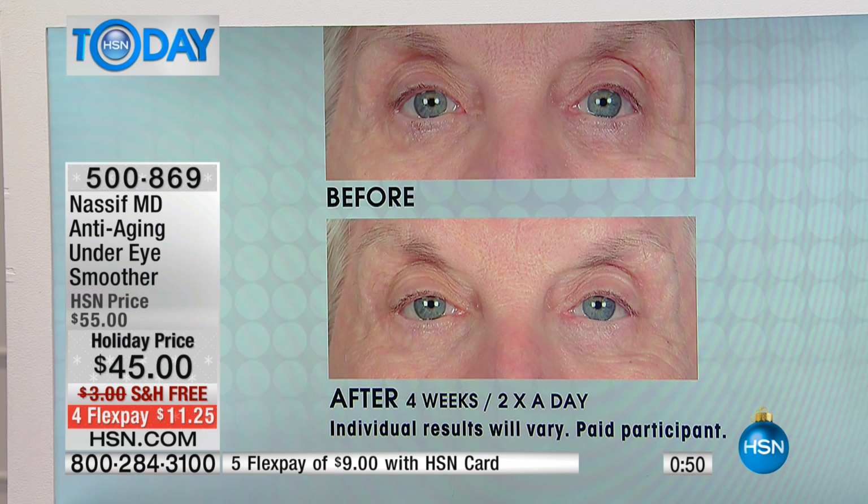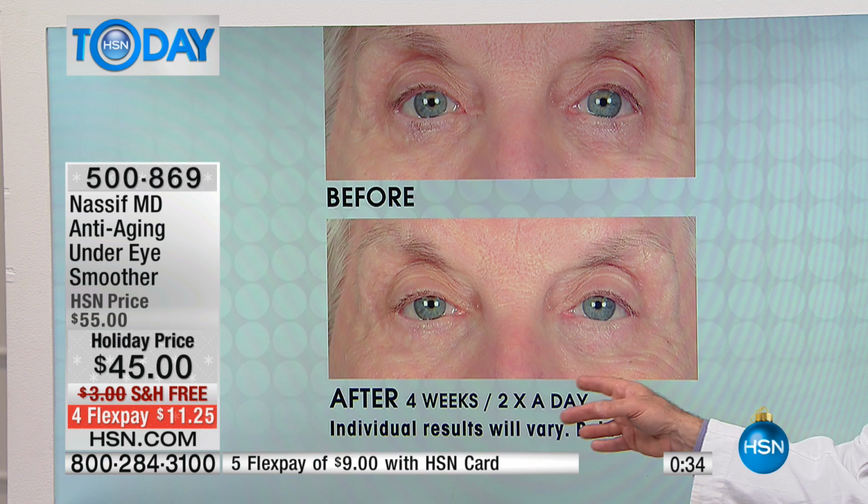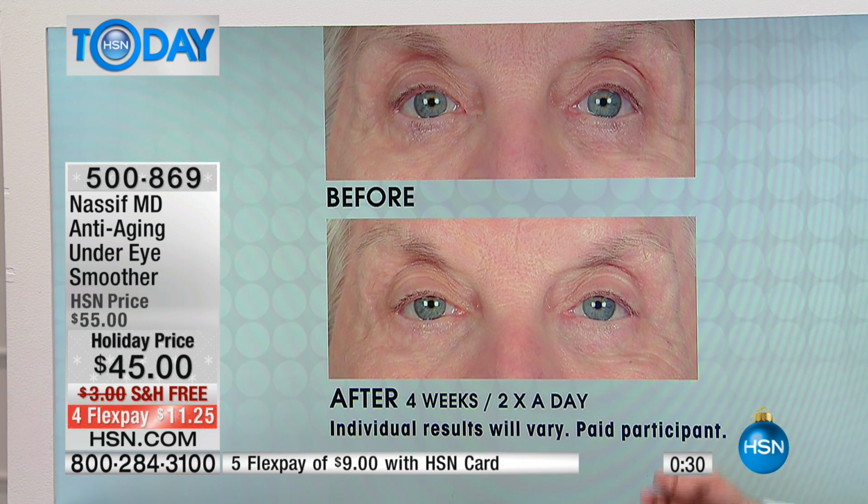Can we have the next one? Oh, I love this one. Look at how much more youthful she looks. She just looks more awake and alert and alive. Yeah, and that's what's interesting. And this is 4 weeks. And again, this patient's in her 60s. So just think now, if we start using this for about a 3-4 month period, just think about the rejuvenation